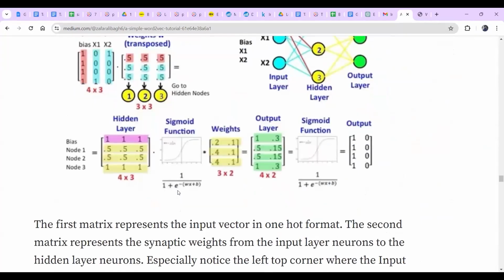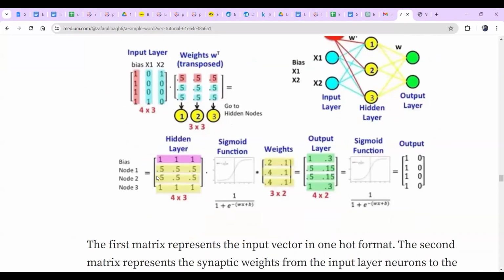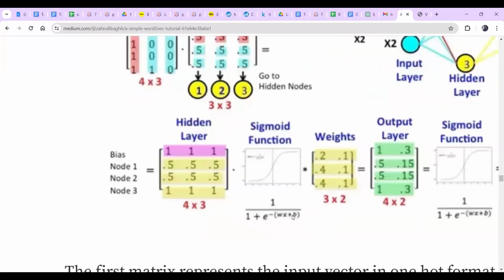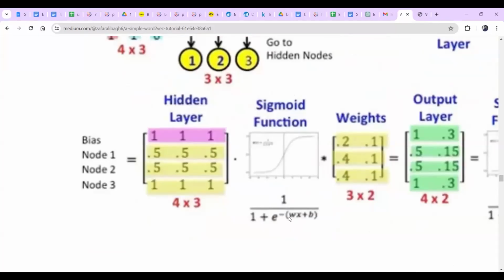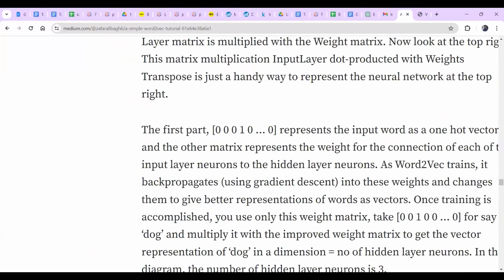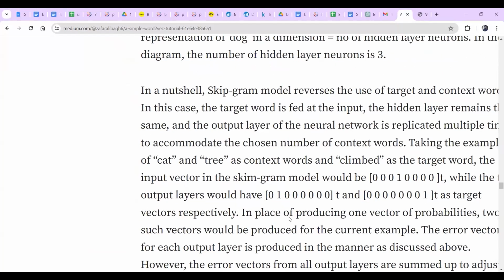If you want to understand a little deeper by taking some examples, you can read this. There are 3, 4 nodes which they have passed, and you can do the calculation manually using a sigmoid function. In case you are interested, it's not required. No one nowadays asks you to do that, but still, if you want to understand this, take it.